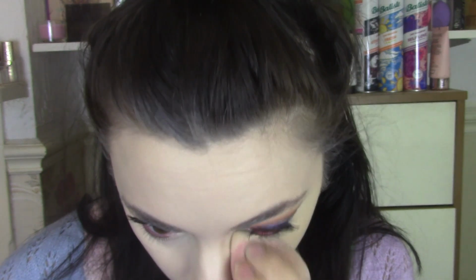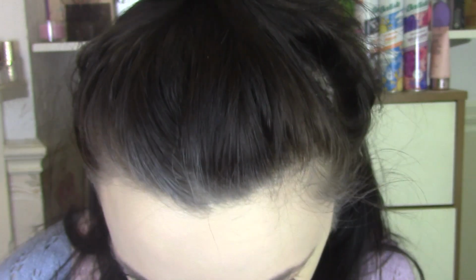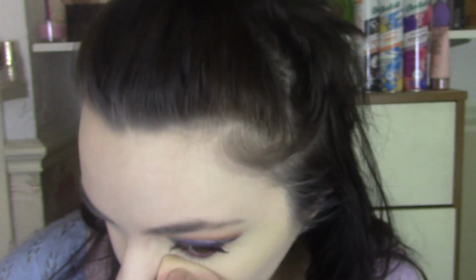It's definitely not brightening, but I wouldn't say it's really dark either. I feel like it would probably match my skin tone. Let's continue. It seems to have set the under eyes pretty well, actually. I think because this base is too light for me, the colour is actually working, but I think over